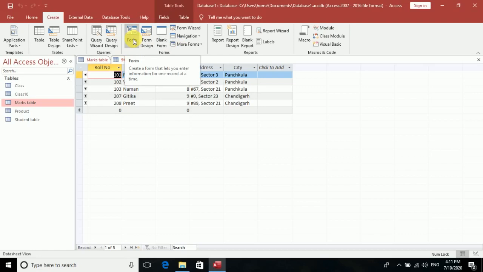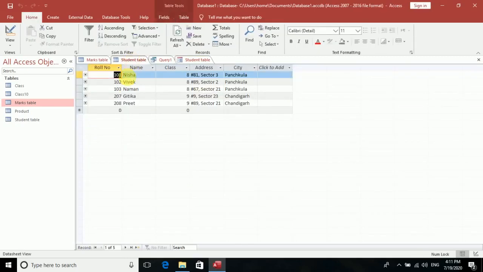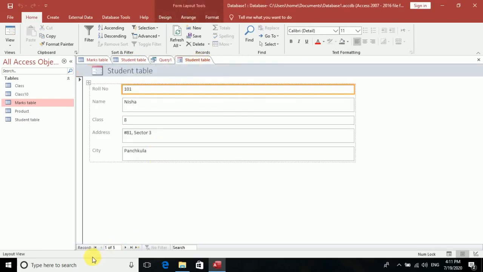When you click on the Form command, the form will be made by itself. You can see here we had 5 records, and according to that you can see in the navigation button also 1 to 5, you can move. You can move it and see the things. Now I want to add it over here, so I will add it. Yes, in the form we can do the work.